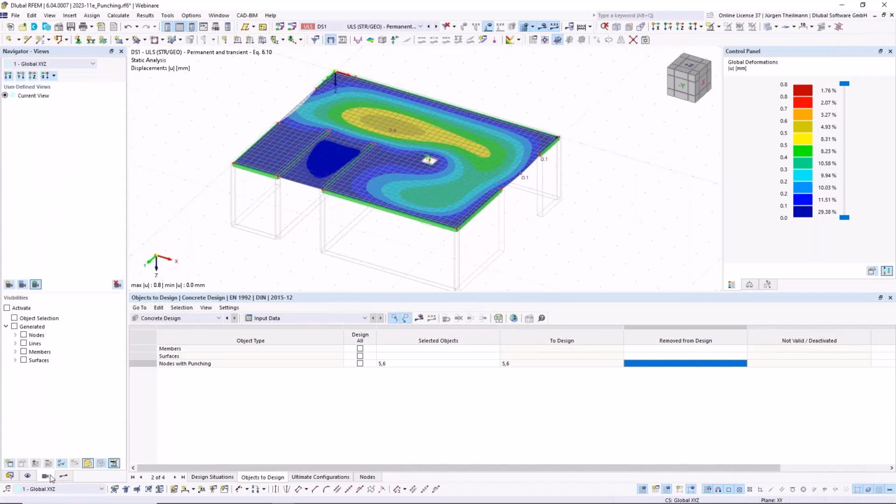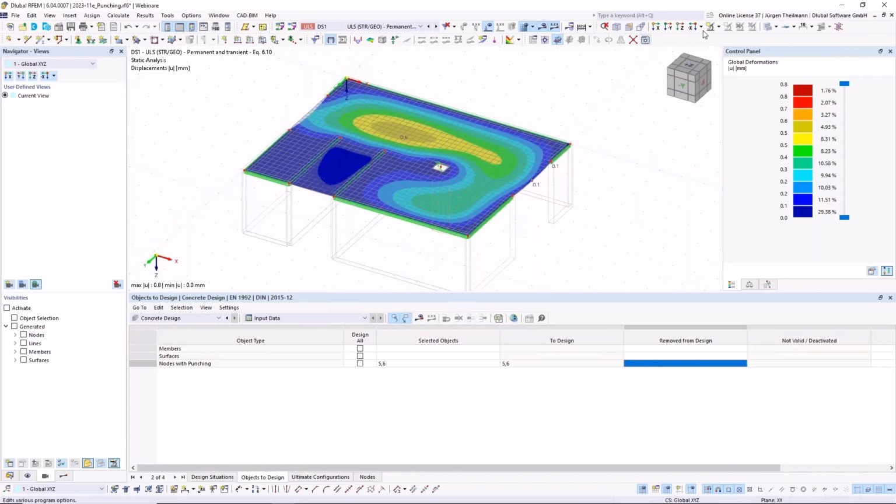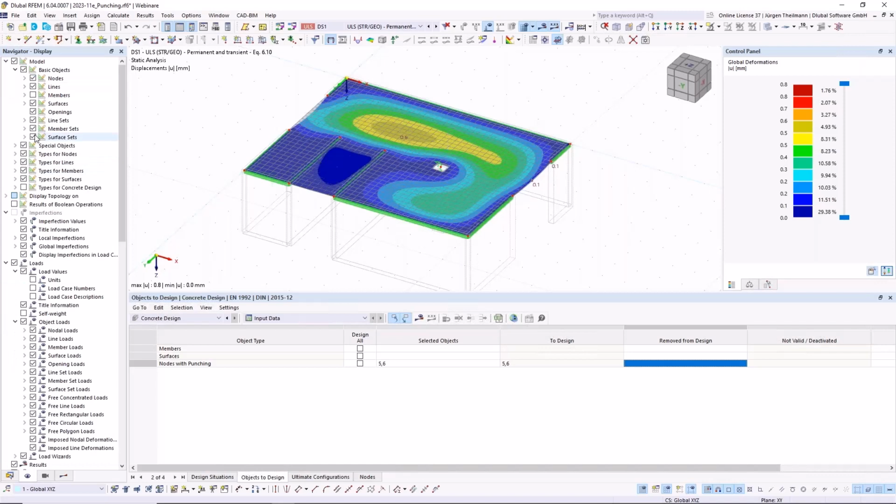I go to my navigator views to see, okay, maybe there's some self-defined view I've generated, but no, all is active. You can also go to the top bar. There's this microscope symbol and say, okay, cancel visibility mode, but these are all canceled, all should be visible. Now there's a third option. When I go to my navigator display, right now you see, oh, members are not active. Okay, this could be the case.